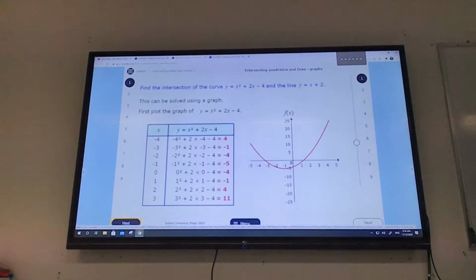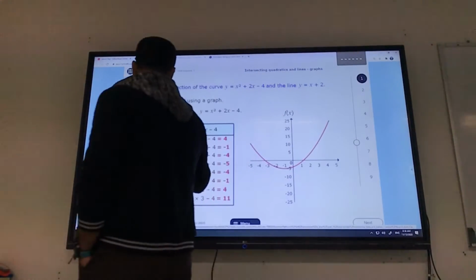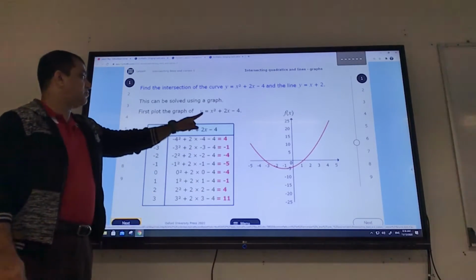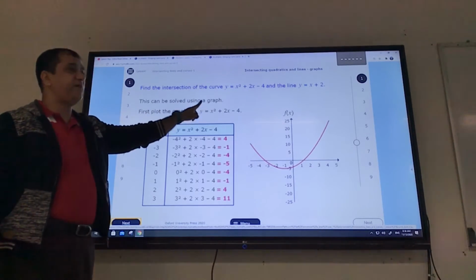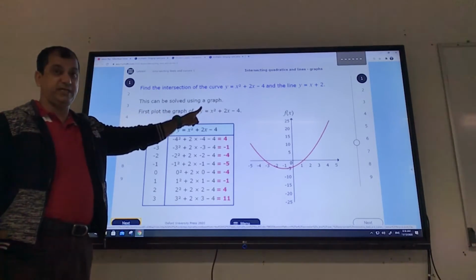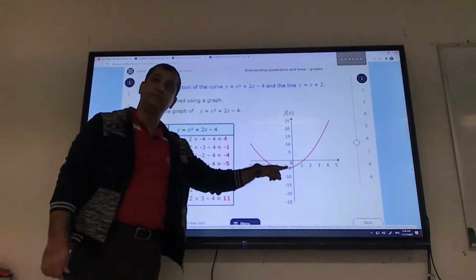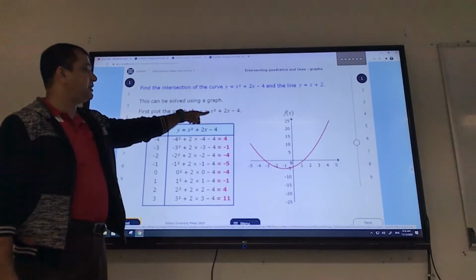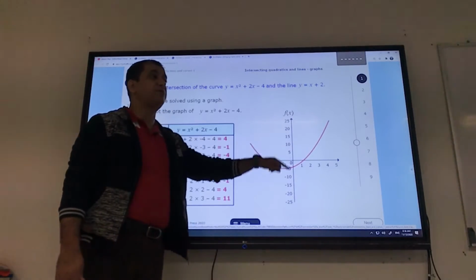Okay? Now this parabola is U-shaped because the coefficient of x squared is positive. This coefficient is positive 1, okay? So when the coefficient of the x squared leading term is positive, we have a U shape and we have a minimum point. The turning point is a minimum point. If this x squared coefficient is negative, it will be an upside-down U and the turning point will be the maximum point. Clear?